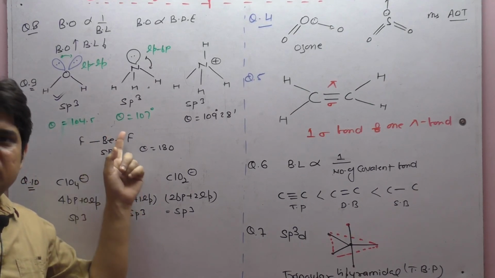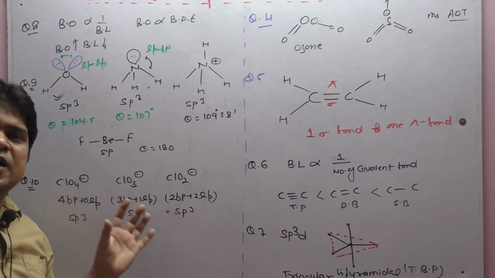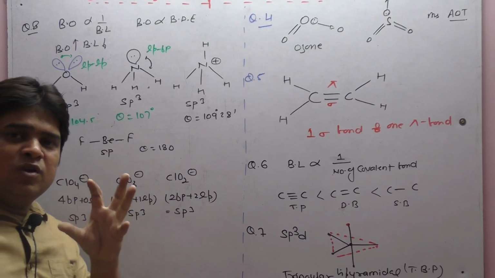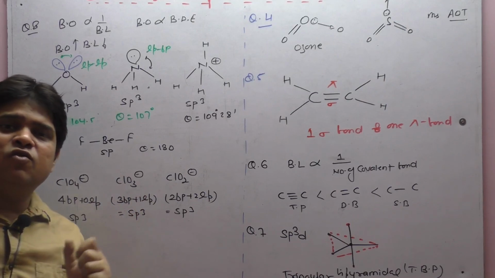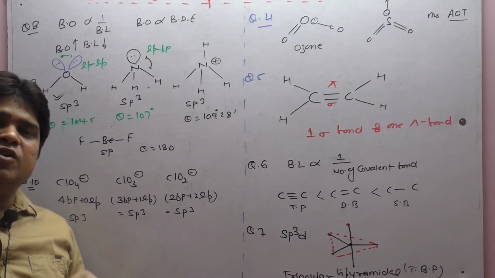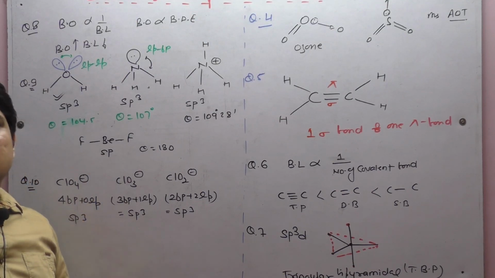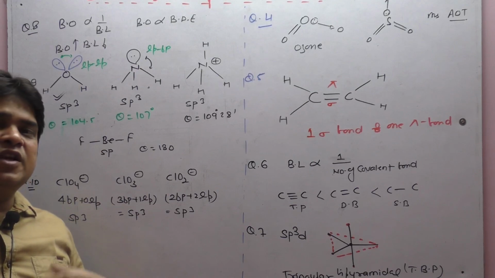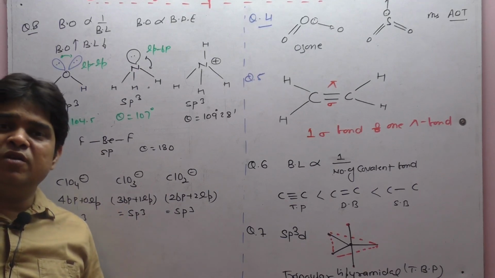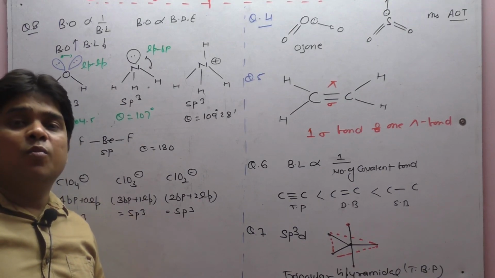In these questions, the concept is like that: whenever we are going to find out the bond angle, always first we have to find out the hybridization. After that we have to compare, and think about the VSEPR theory. If there is a presence of lone pair-lone pair or lone pair-bond pair repulsion, then we can consider it. If there is a perfect geometry, perfect shape, then we can easily consider the standard bond angles.